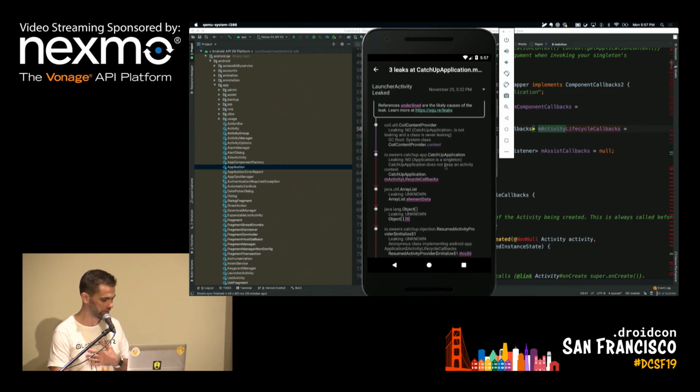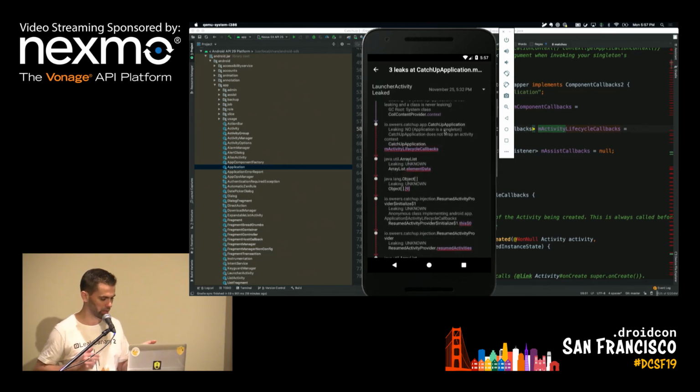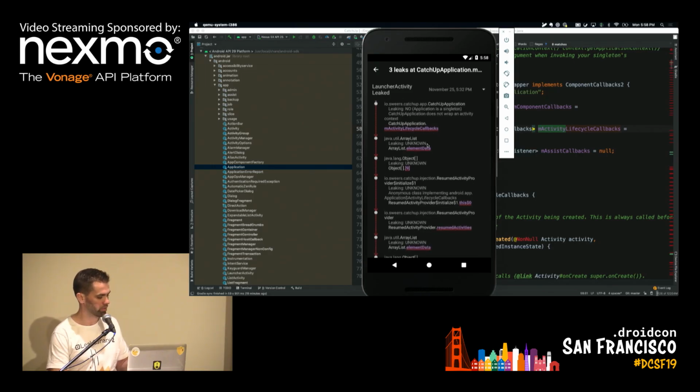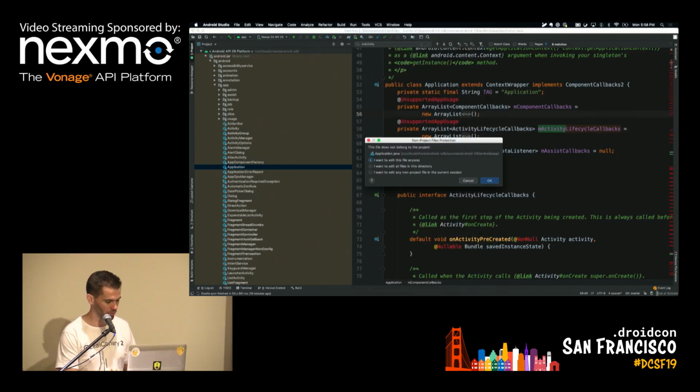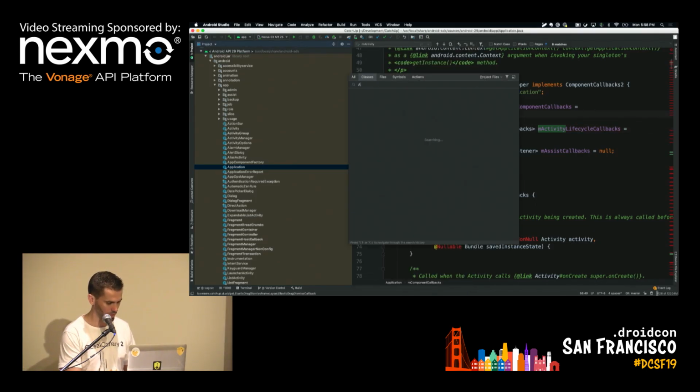And so when I read this, I'm like, oh, what is mActivityLifecycleCallbacks? Oh, it's part of the Android framework. My default assumption is that the Android framework does not have leaks. That's not always true, but it's a good default assumption to start with. So this is probably fine. And it's a list of listeners. So obviously I see ArrayList in here. elementData is part of the implementation of the Java ArrayList class. So ArrayList is just a class which has an object array in it, if you didn't know. If you want to look at the implementation of ArrayList, which we can do,